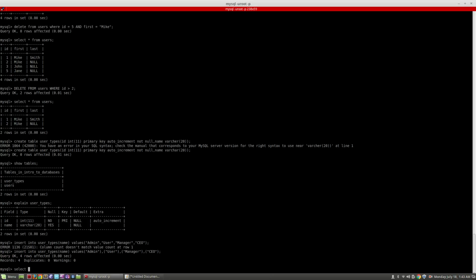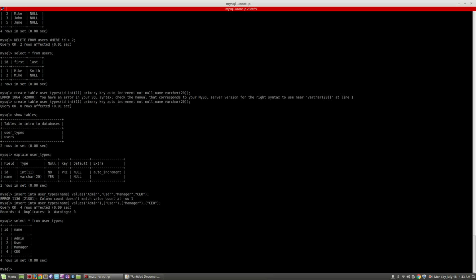Okay, so let's see what that table looks like. Let's see what the data looks like. Select star from user types. There we go. And you'll see we have an admin, a user, a manager, and a CEO, and it has an ID of 1. Now, let's look what our users look like. Select star from